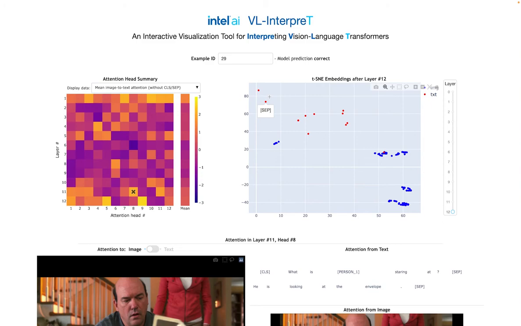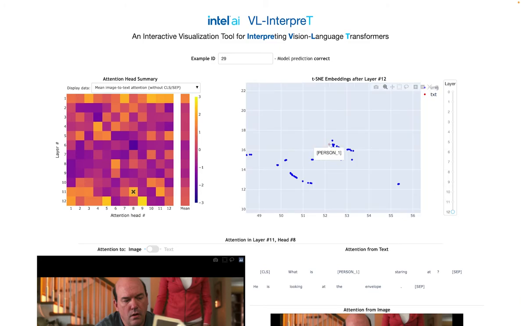Besides attention, we can also see interesting things in this t-SNE plot of hidden representations. Here the red dots are text tokens, and the blue dots are image tokens. We can see that in the last layer, the text token of person 1 is close to the image tokens of person 1.